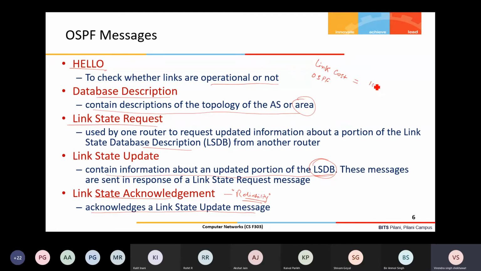So for example, with a 100 Mbps reference bandwidth, the cost is 100 divided by the link bandwidth. Suppose your link bandwidth is 10 Mbps. So what will be the cost for that?